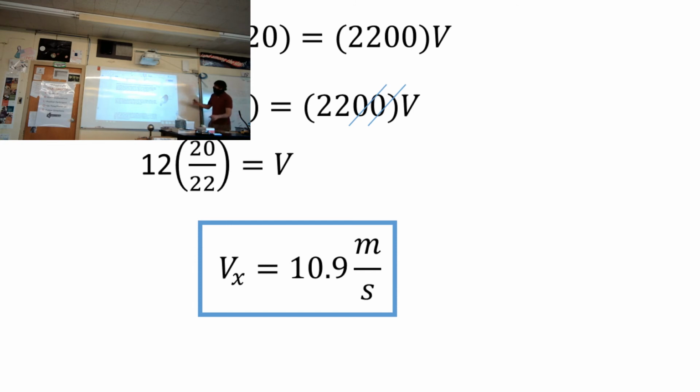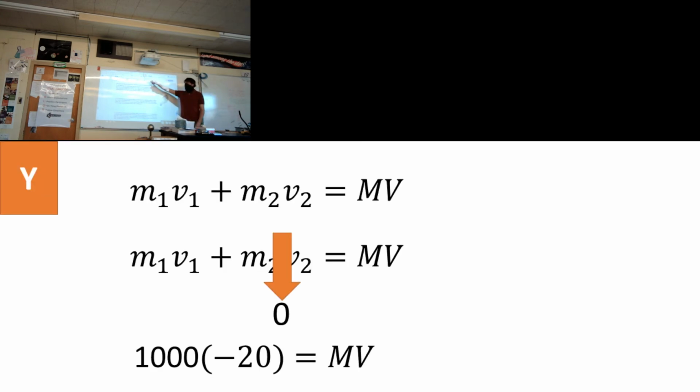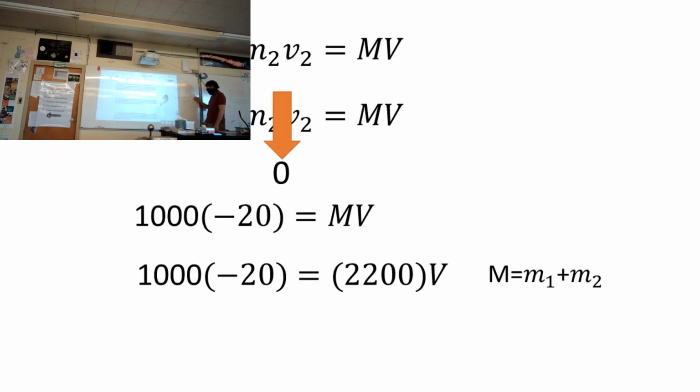Cool. So next you want to do the same equation, right? It's inelastic. Just because it's x or y doesn't change the fact that it's still inelastic. So you're going to use the same equation, except this time something is slightly different. Big M, big V. This time the speed of the first car in the y direction is what? 0. Yeah, since we're doing the y direction, this is 0, but this is not. So this is 1,000 times 20, and that's equal to the combined masses, 2,200, times big V. Except this time, since it's the y direction, you want a big V y.